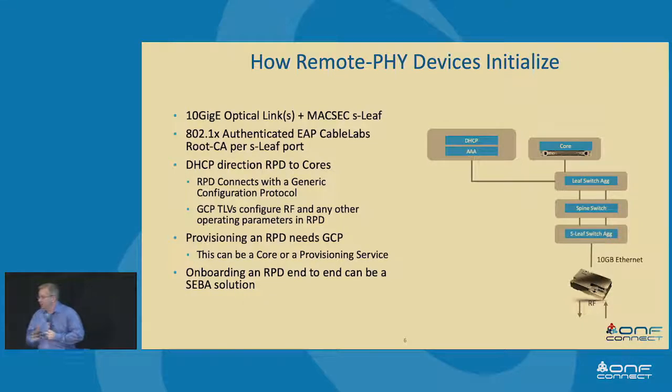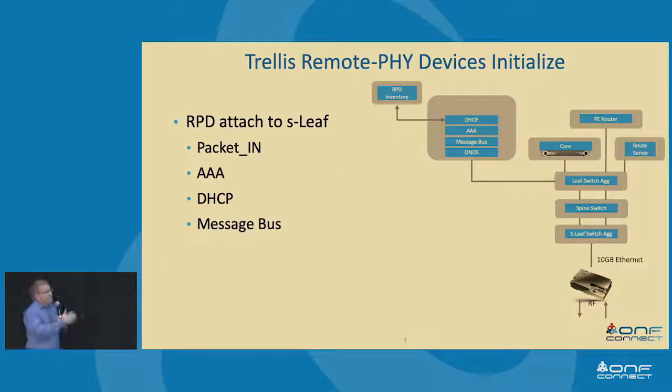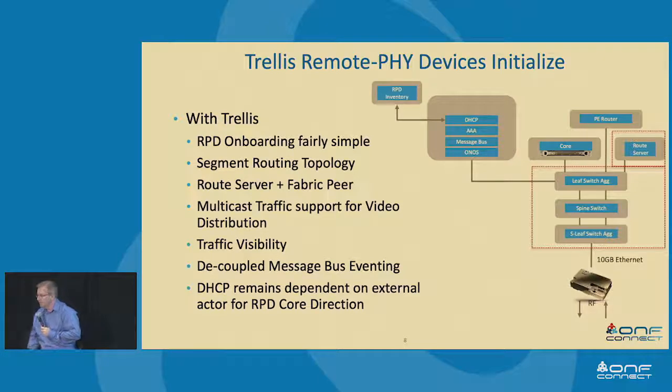ongoing basis that way. So attaching the RPD, in high-level Trellis terms, gosh, there's that packet in. So we get a lot of good LLDP love right at the get-go. The AAA process is an SDN app out of ONOS today. The DHCP relay, SDN app out of ONOS today. And unbelievable richness out of the message bus. This is like next-gen assurance, right? For those who really love and care about their network, message buses are your friends, and they just come for free with Trellis. So onboarding is pretty simple.